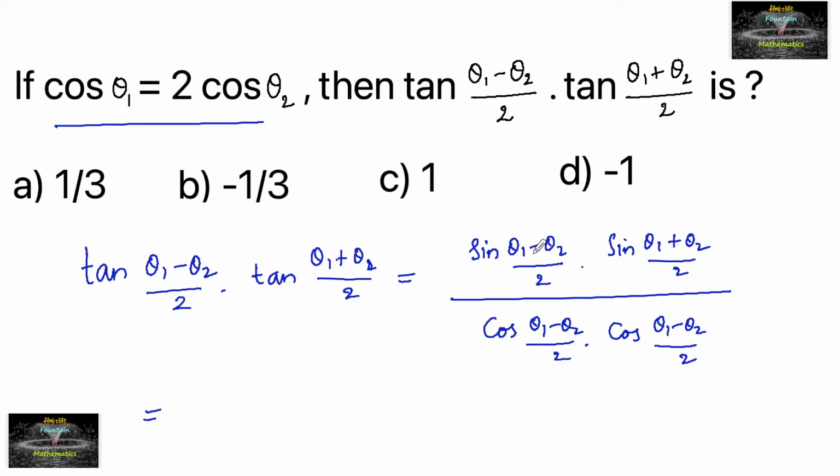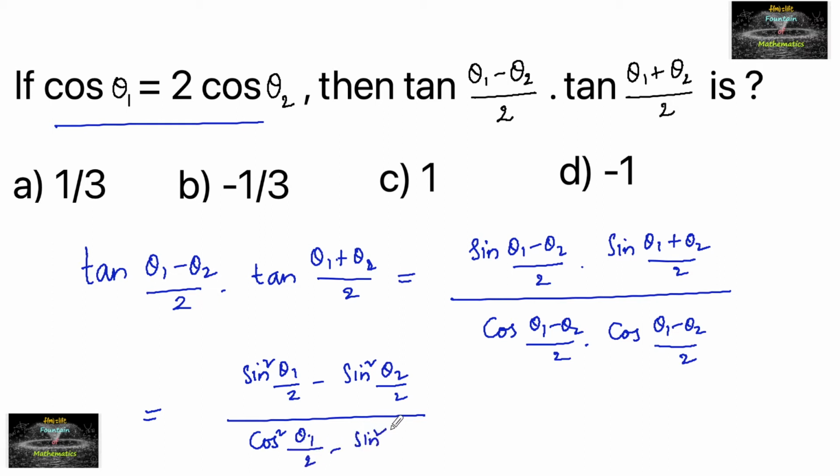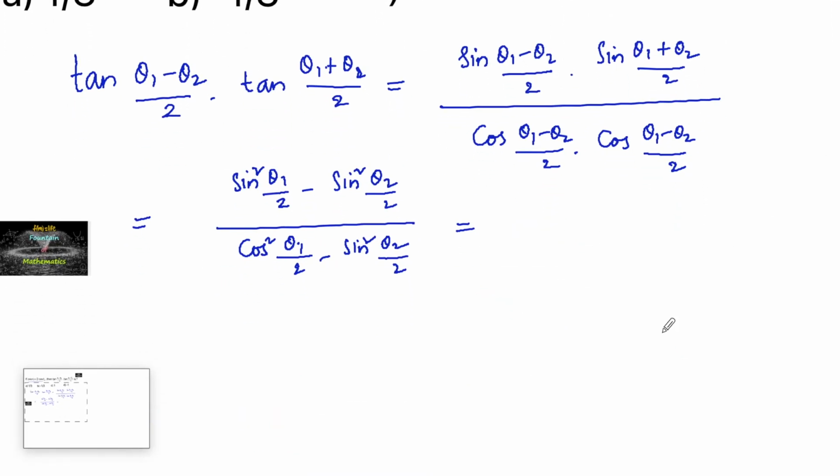So this equals, it's like sin a plus b into sin a minus b, that is sin square a minus sin square b, divided by cos a plus b into cos a minus b, which is cos square a minus sin square b, which equals, since we know that 1 plus cos theta